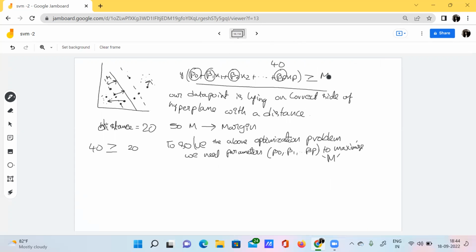With the help of this equation, we can say our data point is lying on the correct side of the hyperplane with a distance M. What is meant by M? M is nothing but the distance between the data point and the hyperplane, right? So that's nothing but the margin.